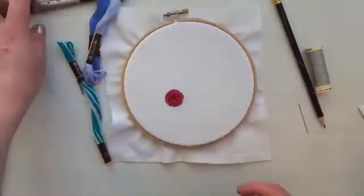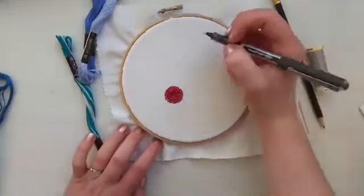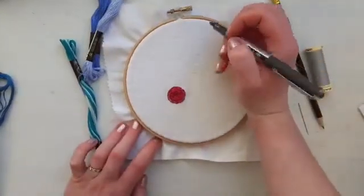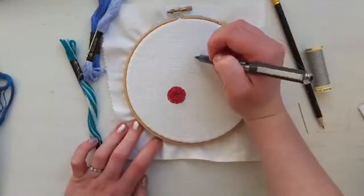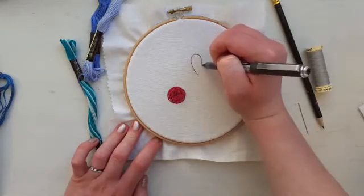And I've got a little shape here. I'm just going to outline it in black. Oh, thanks, Janet. It's a lovely stitch, the woven rose. So I'm just going to outline this shape in black. A little bit wobbly, but